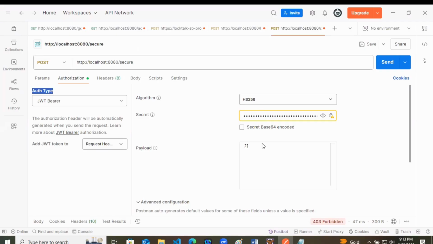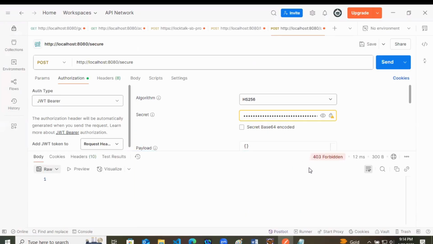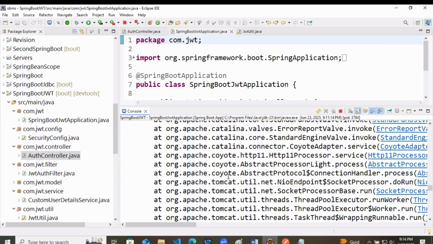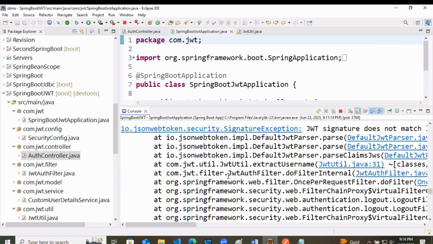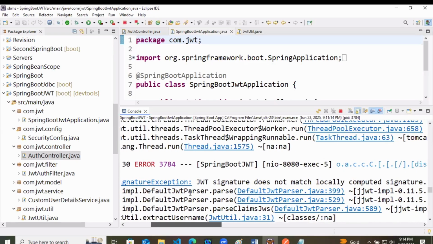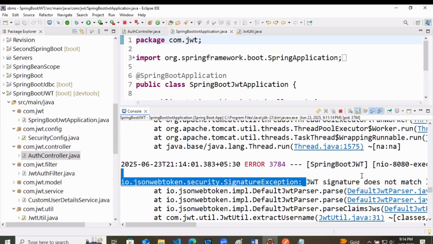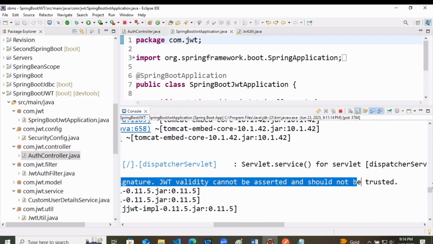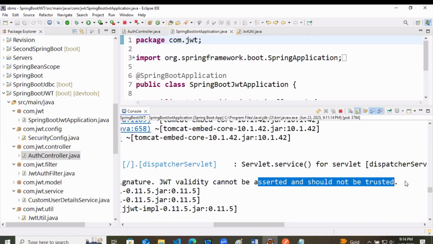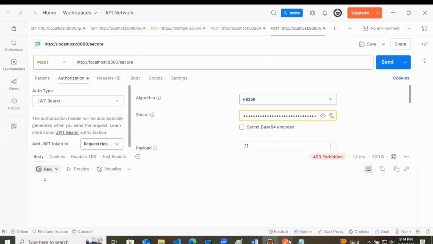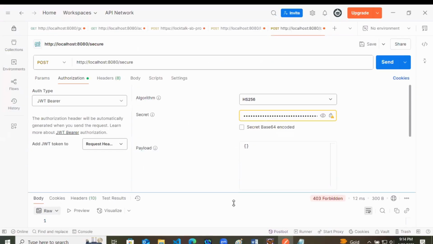When I send the request we get 403 Forbidden only, but here it is trying to match the token and then returning one error that the JWT signature does not match locally and it should not be trusted. It is not trusting the signature. Why is it not trusting the signature?